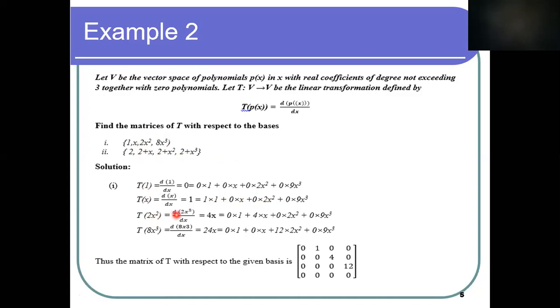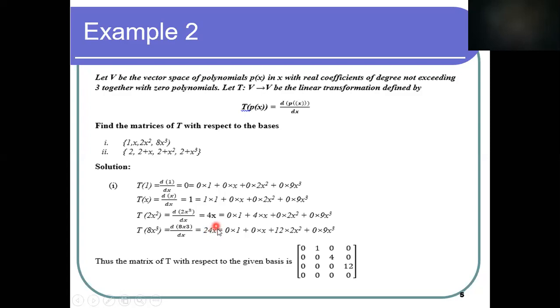The derivative of 2x squared is 4x. So 0 times 1 plus, basically this is the coefficient of x, 4 times x, plus the coefficient of x squared, which is 0, so 0 times 2x squared plus 0 into 8x cubed. So d by dx of 8x cubed is